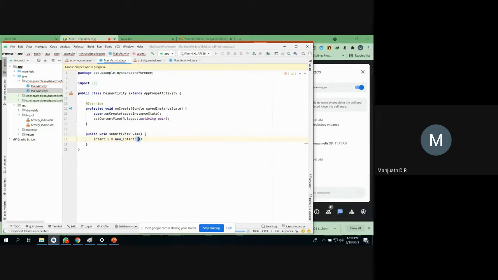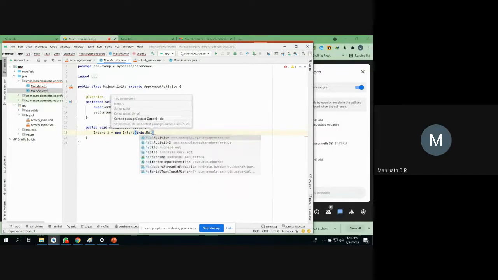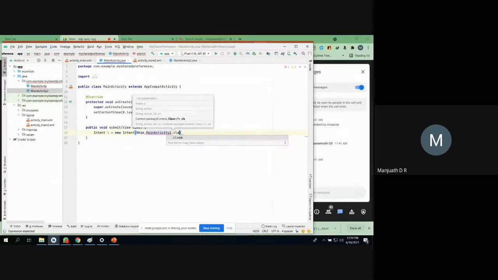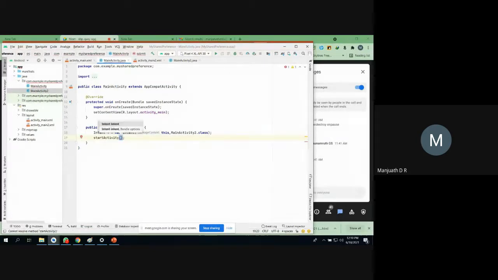So two things you have to pass. One is this particular context, that is, I am in MainActivity, right? And the next thing is the class, that is, the other activity where you have to move to, that is MainActivity2.class. I don't want to pass any data, I'm simply going to start the activity. You know how to start the activity: startActivity and pass that intent. What is my intent? It is hi.